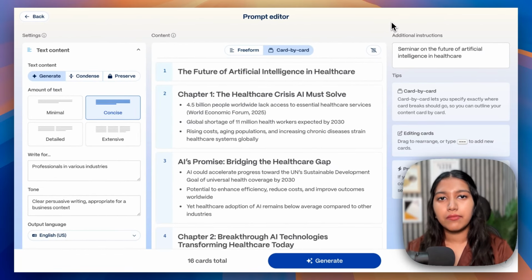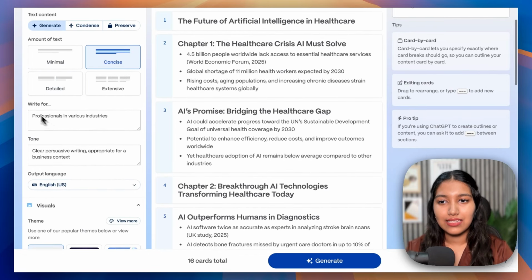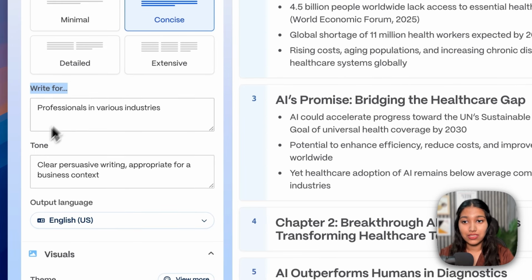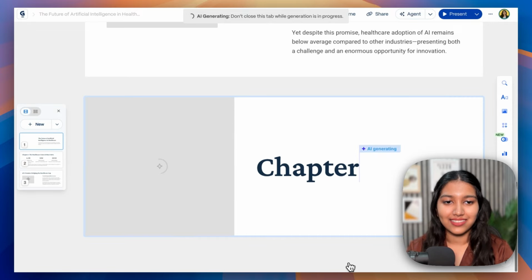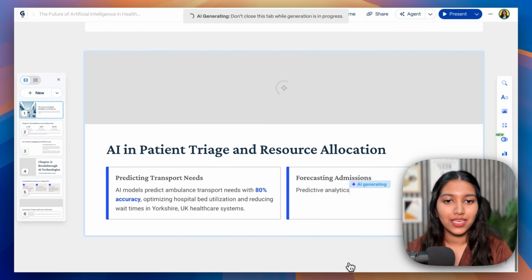And that's it. I mean, it's not necessary that you go into the advanced mode each time, but I think it's good because you can mention these two things which make a big difference. So once everything is done, we can finally click on generate and let's see what it generates. Alright, so the work has started. Don't close this tab while generation is in progress, alright? I really like it when it does this typing thing. It's just oddly satisfying for me.